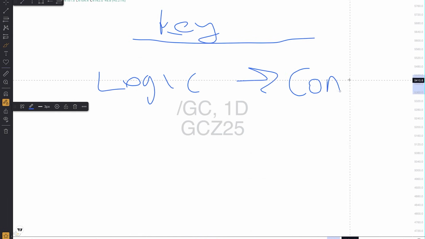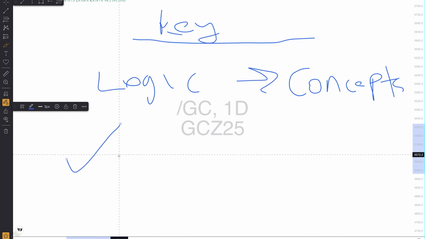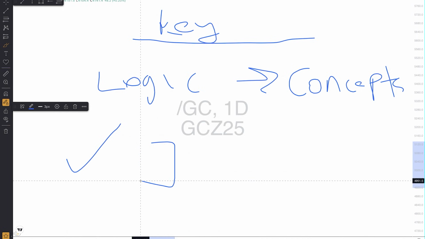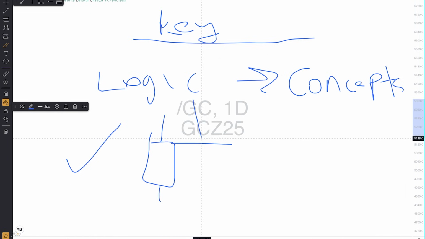And what do I mean by this? If you understand the logic of the concepts we're trading, you're able to determine what price is most likely to do next. What do I mean? Okay, for example, if price is bullish on the high time frame, right? You expect a bullish order block. Let's just draw that right here. A bullish order block here, right? To support price, right? That's the logic. The logic is that if we're bullish on the high time frame, we expect bullish order blocks to support price.